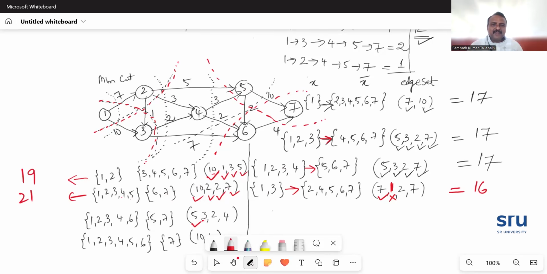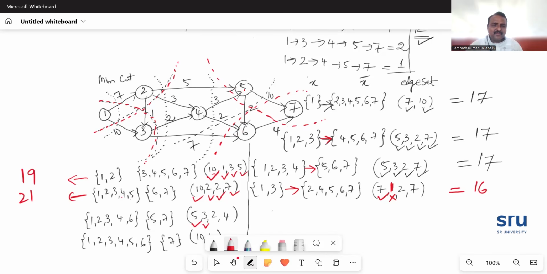Then 3. Where is my 3? 3 is between 4 to 5. So 4 is there here. 5 is there here. Okay. This is also accepted. Now 2. Where is my 2? My 2 is in between. Where is my 2? We are cutting 5, 7. 5, 7. So we are cutting